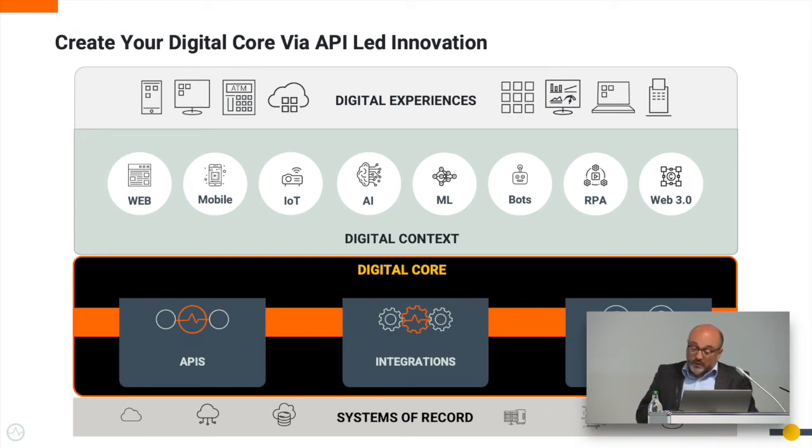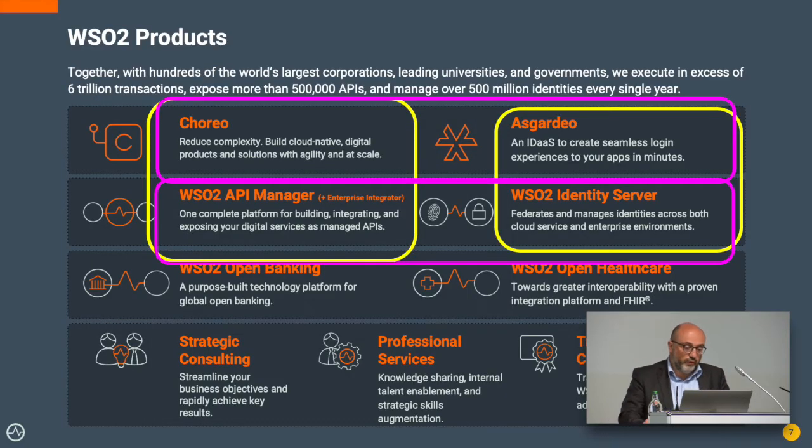So this is the middle layer where we, as WSO2, are. And this is what we offer to build this area. This is our product offering. In the API management and integration area we have Choreo and API Manager.